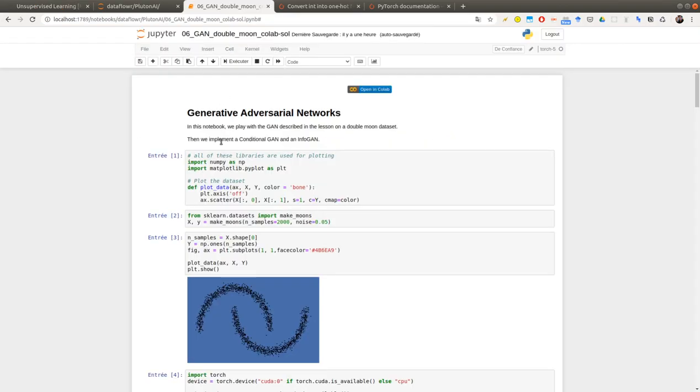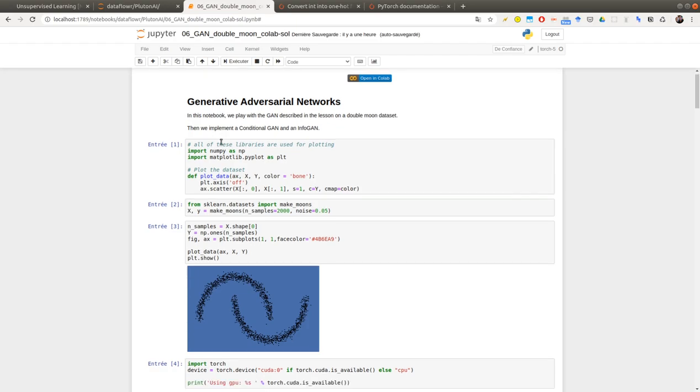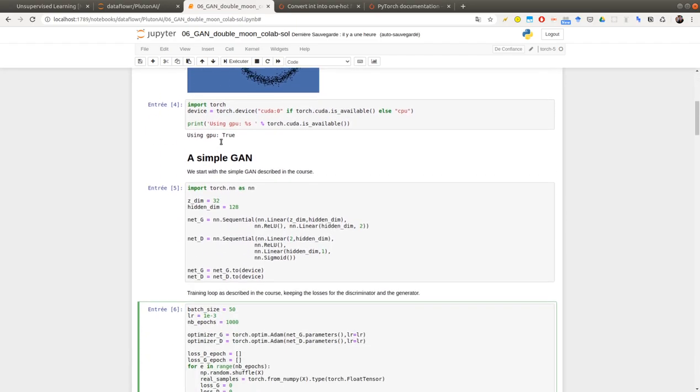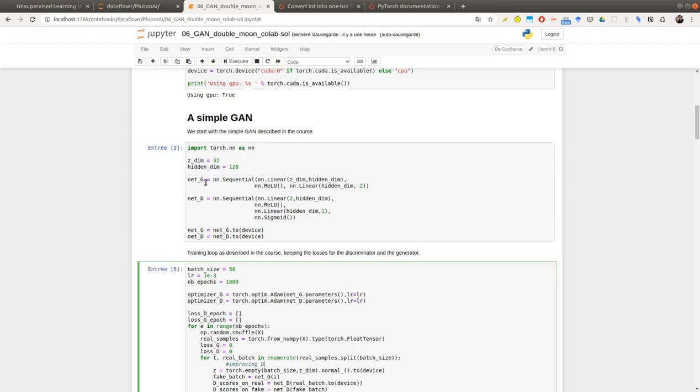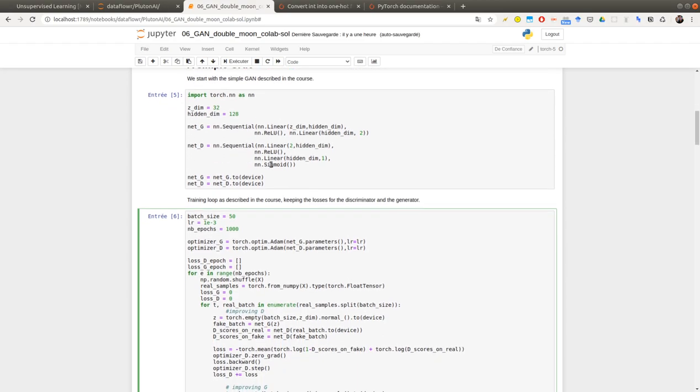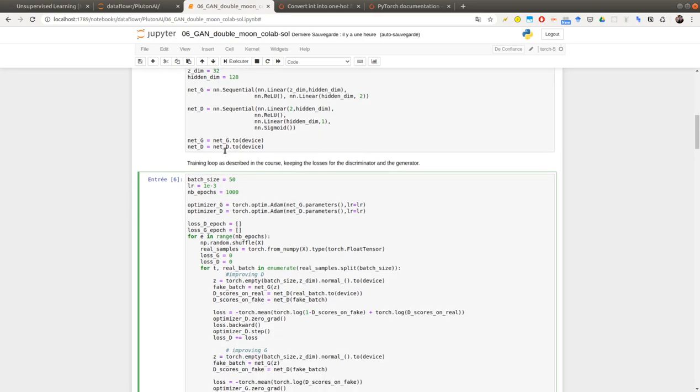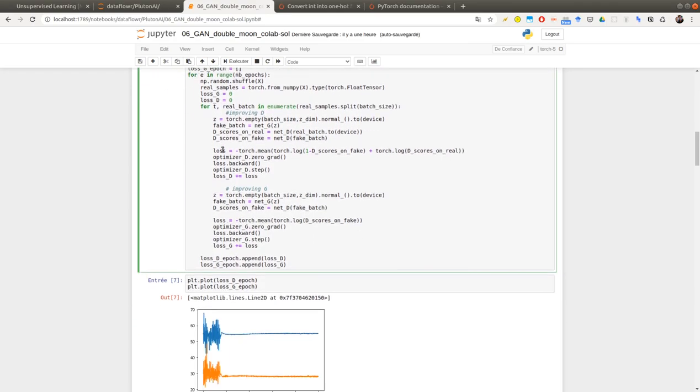So I already ran the Jupyter Notebook, what we did during the course. This is the dataset, the simple GAN architecture with a generator, a very simple architecture, producing a point in 2D. The discriminator takes a point in 2D and tries to predict whether it's a fake or a real one.